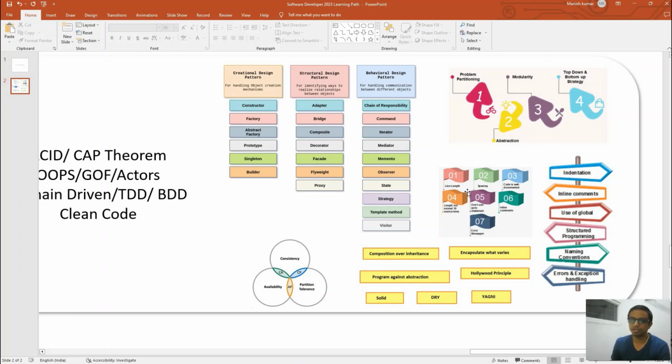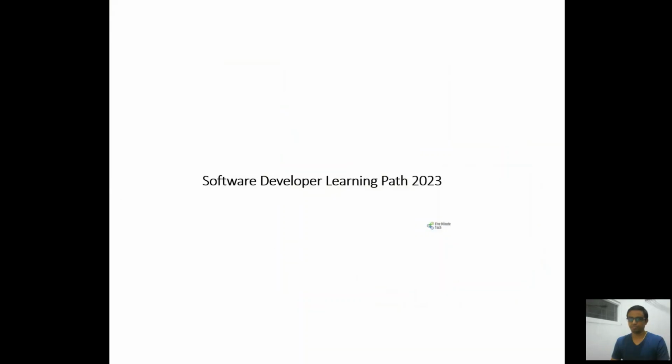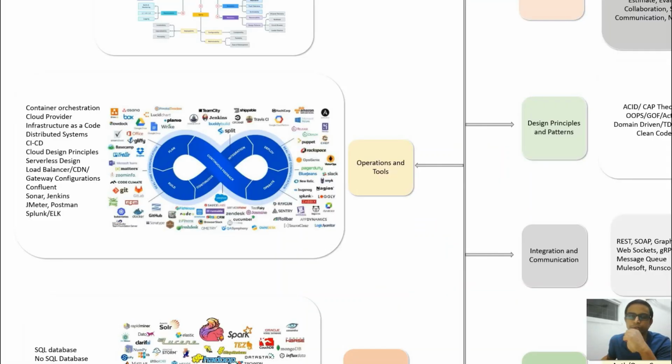Also, you have to follow certain programming principles on how you should be writing your code, like line length, spacing, well documentation of your code, length not exceeding a particular limit, don't use goto statement, inline comments, and error messages should be handled properly. So the next section is about operations and tools that you should be aware of